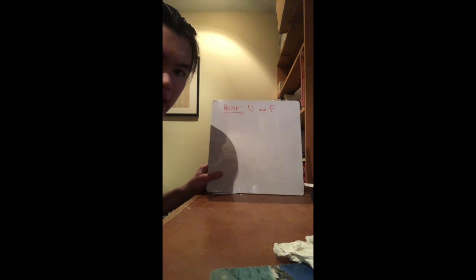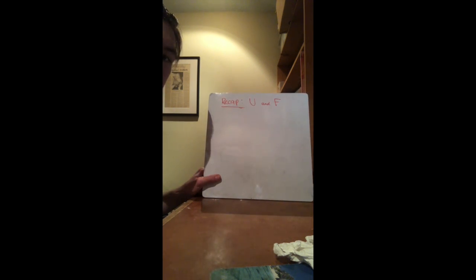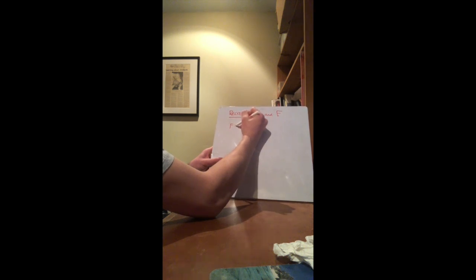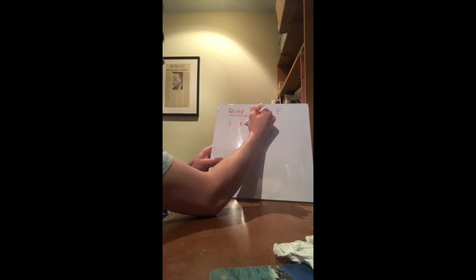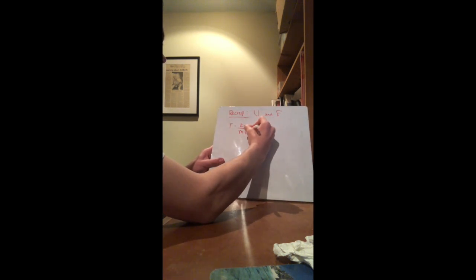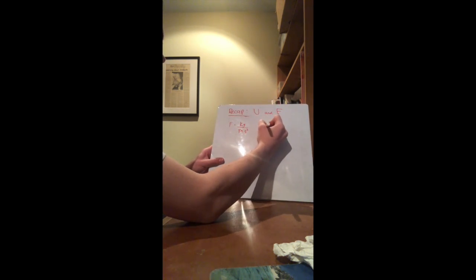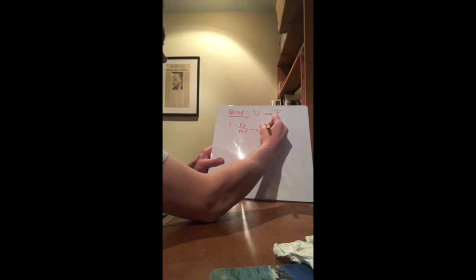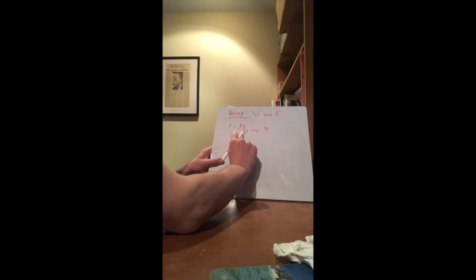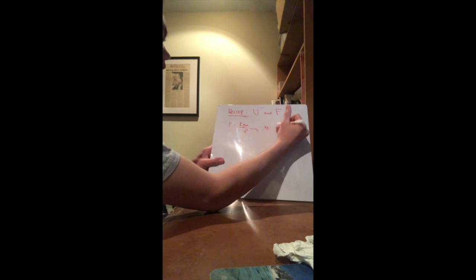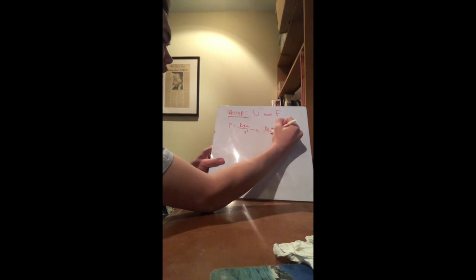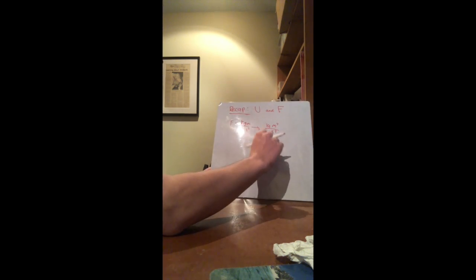Next we have a recap about potential energy U and force F. So this is just a fundamental relationship in physics. We know force equals mass times acceleration, so kilograms meters over seconds squared. And potential energy is measured in joules, which is kilograms meters squared over seconds squared,